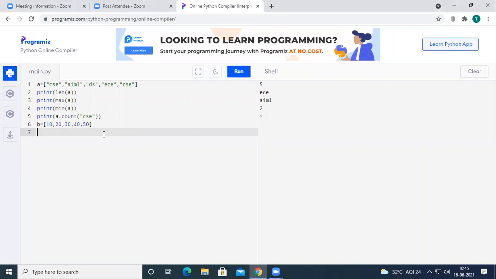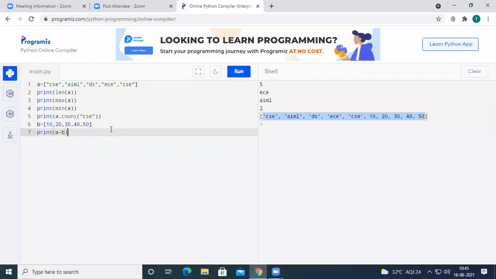For example, if I use the print function and if I use A plus B, here the plus is going to act as a concatenation operator between the two lists. So if I print this one, I am going to get a combined list of A and B. These items belong to list A and these items belong to list B. So we used the plus operator. That's why it combined the two lists into a single list. This print statement just concatenated the two lists.